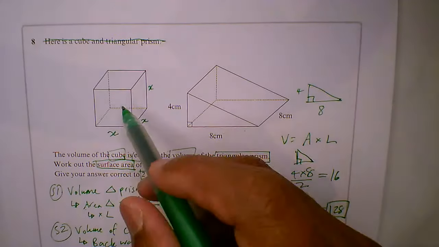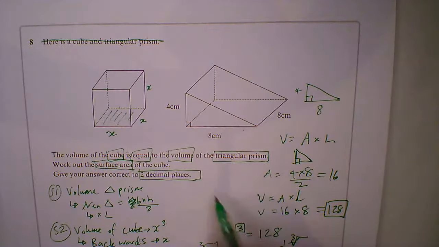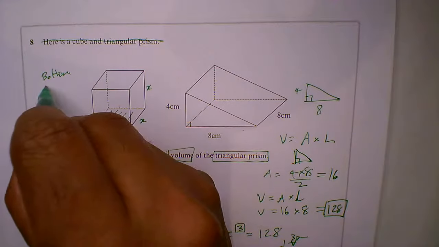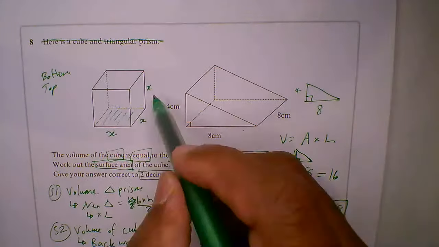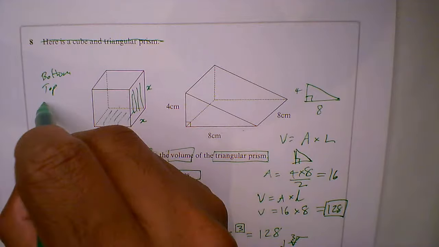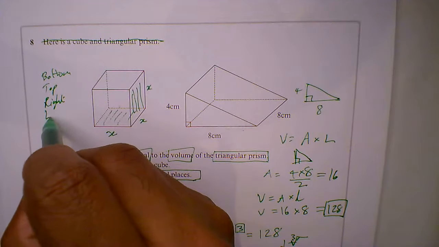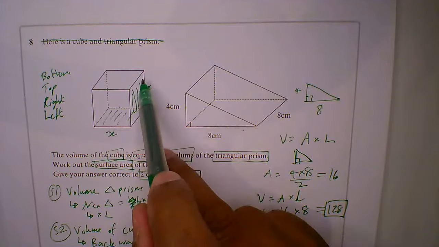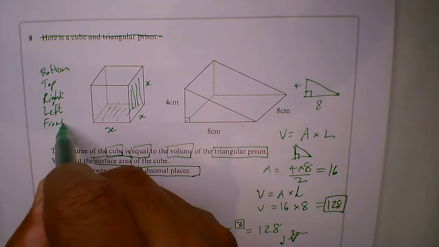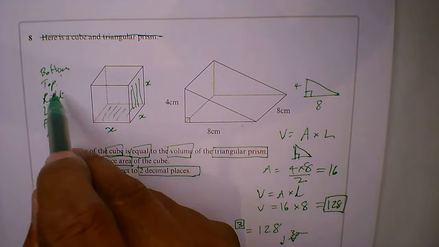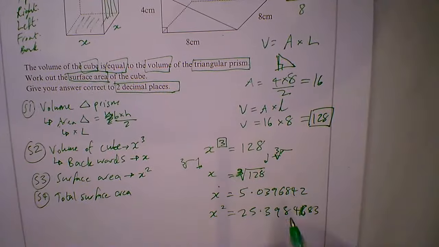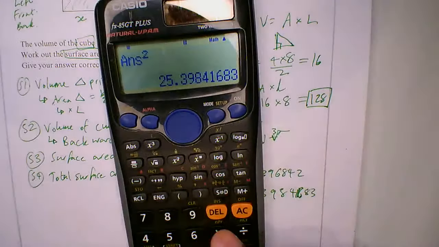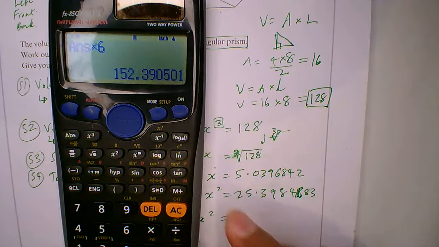How many surfaces do we have? We've got the one at the bottom. The bottom and the top are the same. So we've got top, we've got the right-hand side and the left-hand side. So we've got top, bottom, right, left, and we've got the front and the back. So we've got 1, 2, 3, 4, 5, 6 sides. So we need to multiply this by 6. So 6x squared, times this by 6 gives us